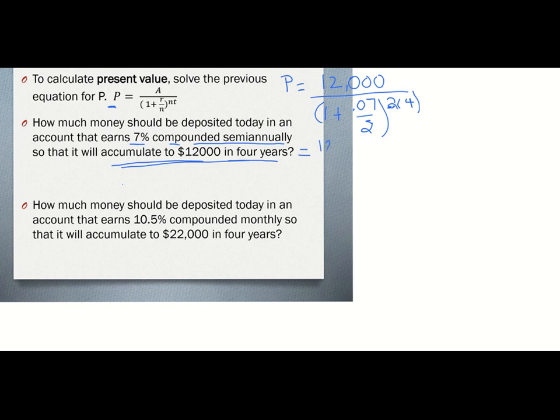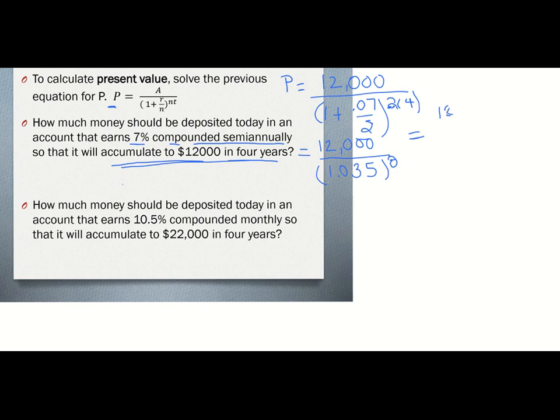So I will have 12,000, and on the bottom I'm going to do 0.07 divided by 2 plus 1, and it is 1.035, and it's going to be raised to the 8th power, because 2 times 4 is 8, so I'll raise it to the 8th power, and it gives me